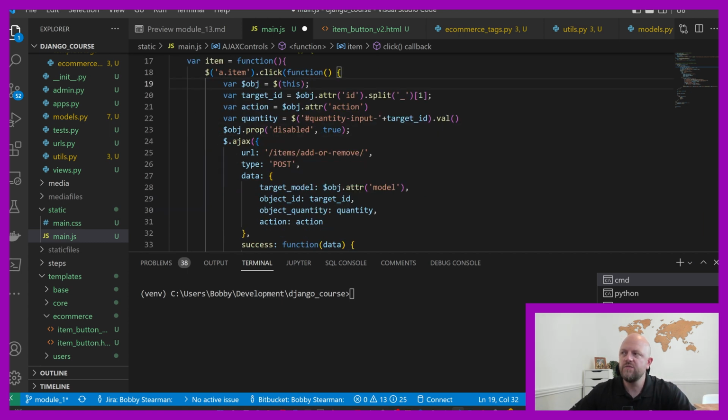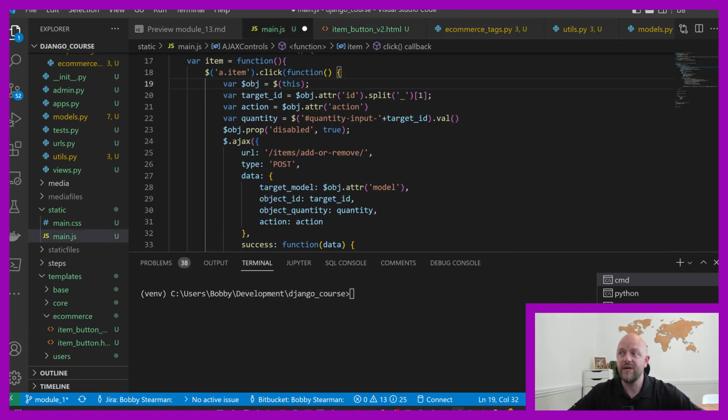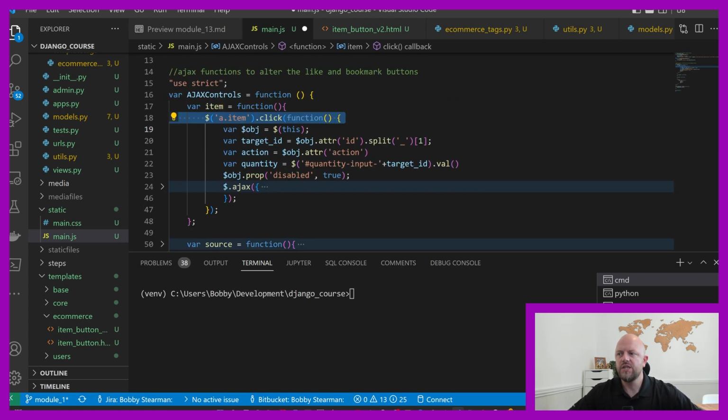So a.item, remember this is an a tag, yeah? Class is item, so a.item is an a tag with the class item. So when that occurs, i.e. when it's clicked, we go through and do this function here, okay? So we get the object, we get the target ID, we get the action, we get the quantity, okay? So we get the object prop